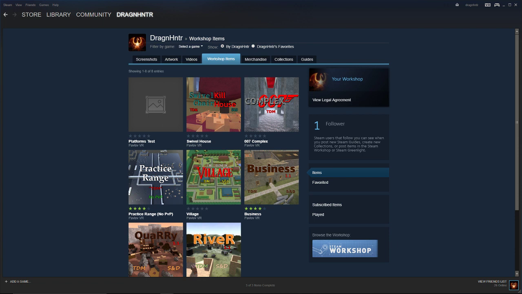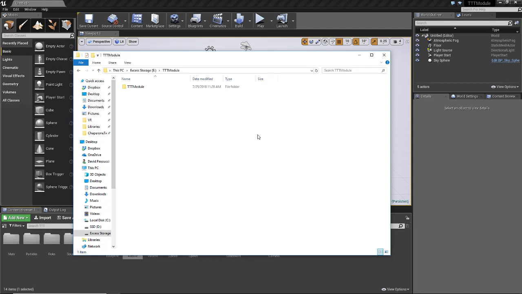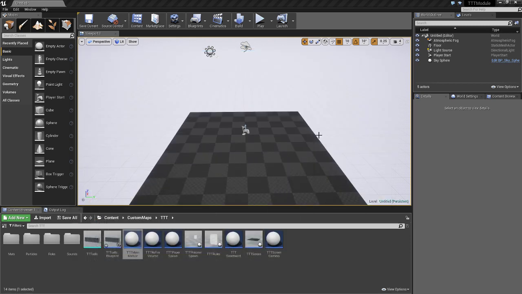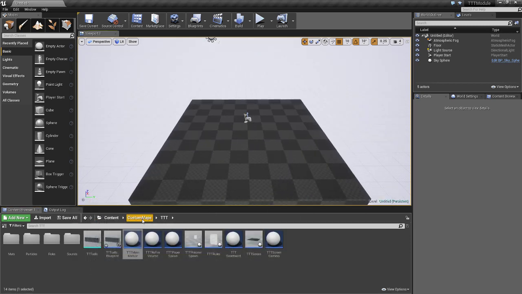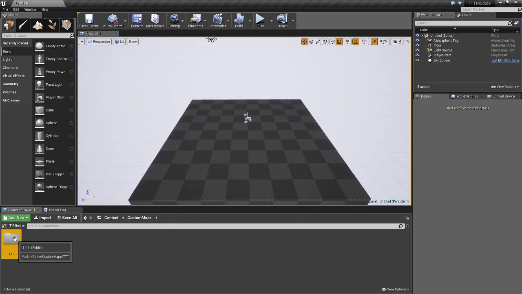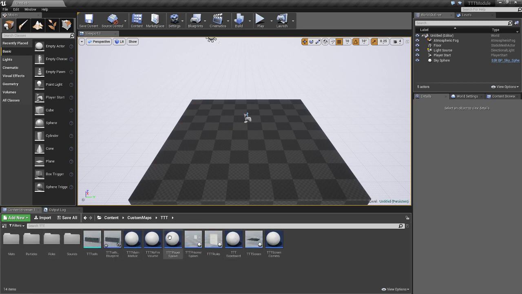If you download it, which I'll give the link once we're done here, you will get this folder, and if you open it up, it will just be a project, because that's the easiest way that I've found to do it. If you open up the project, it'll probably look like this. Then you just have to open up TTT, and this is everything. It looks a little intimidating. It's really not that hard. I tried to make most of it